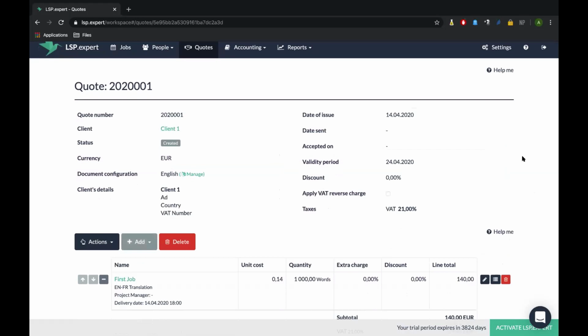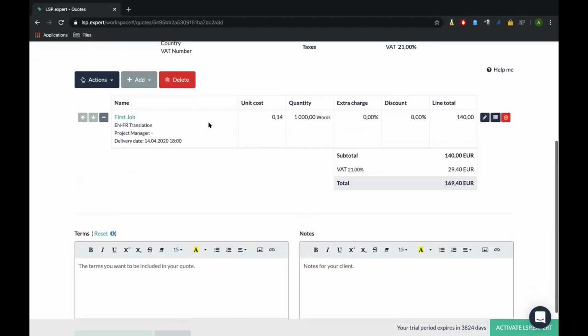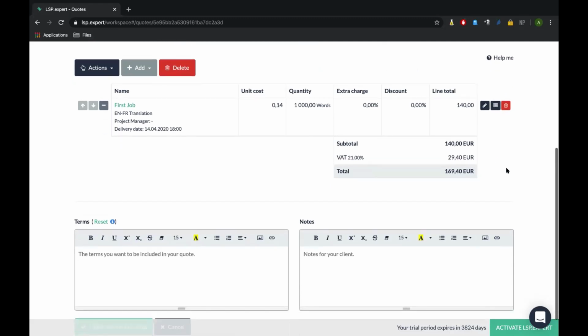Okay, so when you have introduced any information you need to add, you can see here that I'm creating a quote about my first job with a unit cost of 14 cents a word for 1,000 words, which makes a total of 140 euros, including VAT.